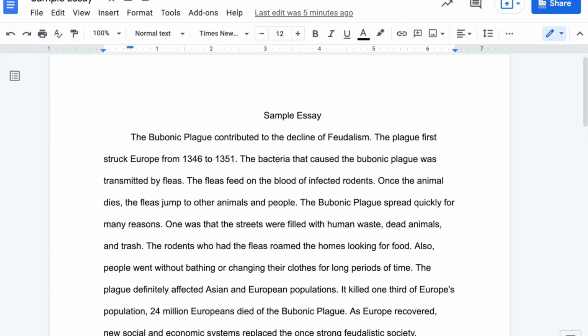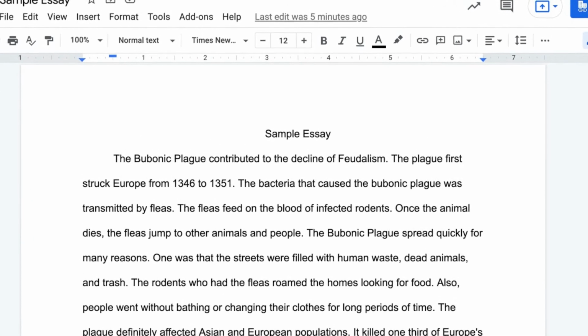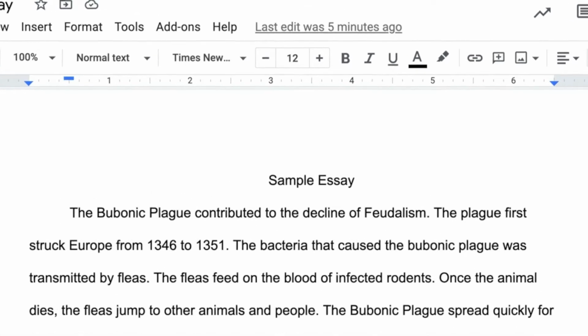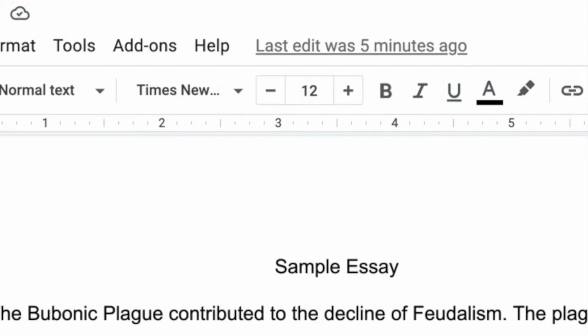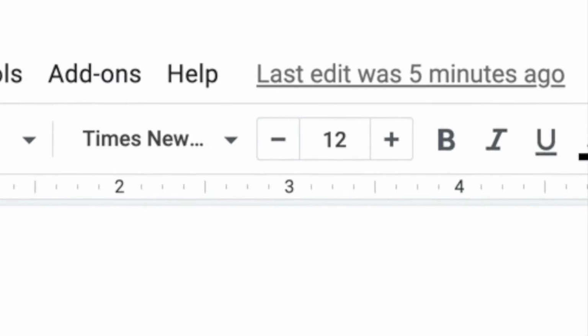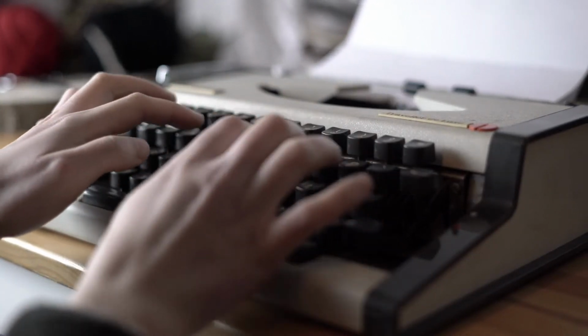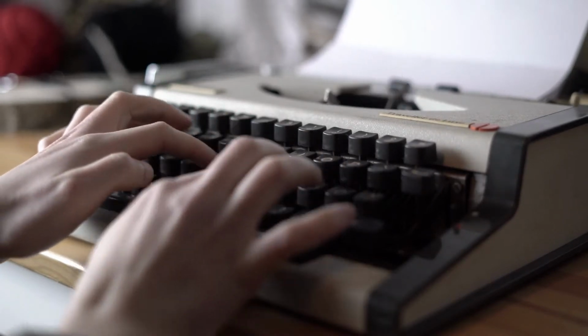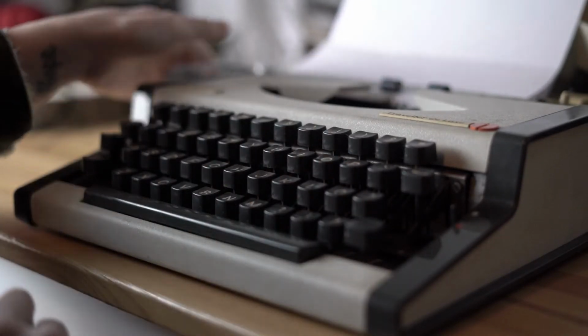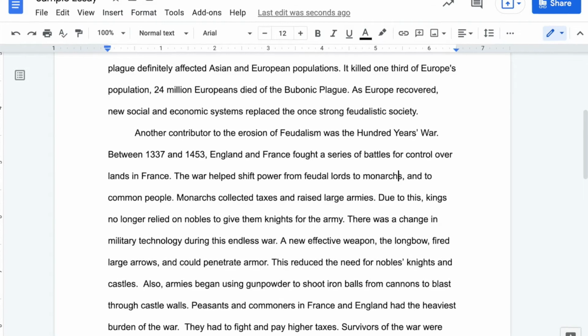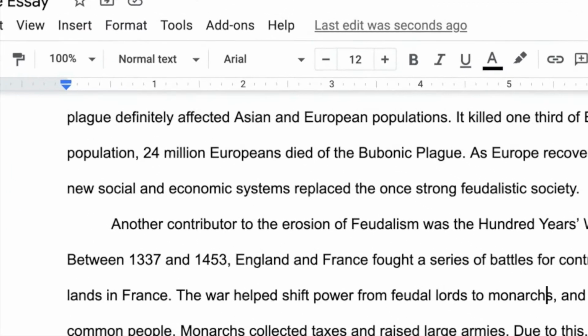A third common mistake for formatting is font type and size. Your essay should be typed in 12-point Times New Roman font. Times New Roman is a very clear font and has been the go-to font for essays for years. It has also been the default font on many word processing programs. Another popular font is Arial, but I would follow the rubric used in your class because teachers and professors have